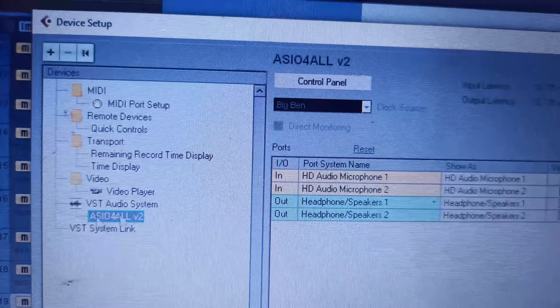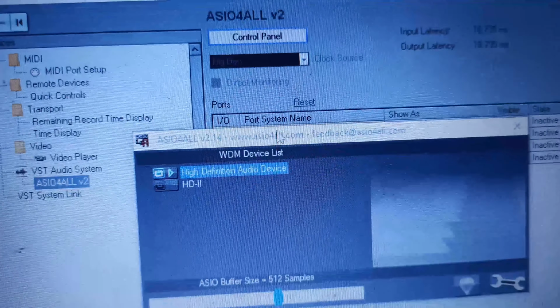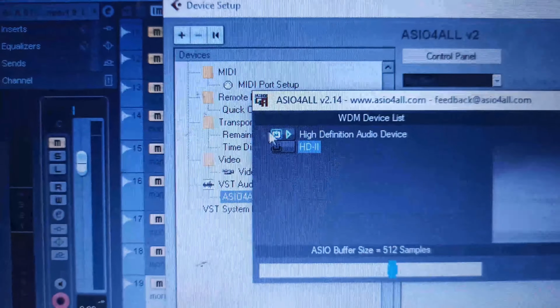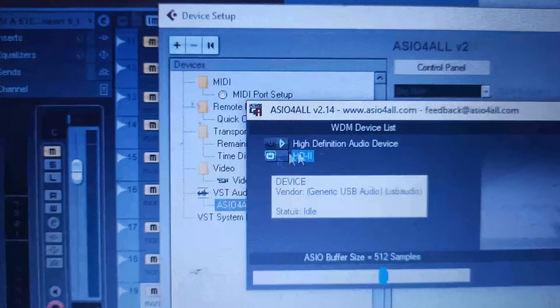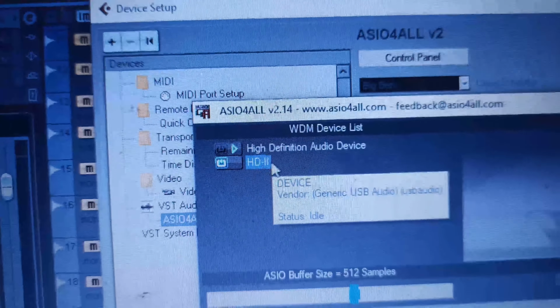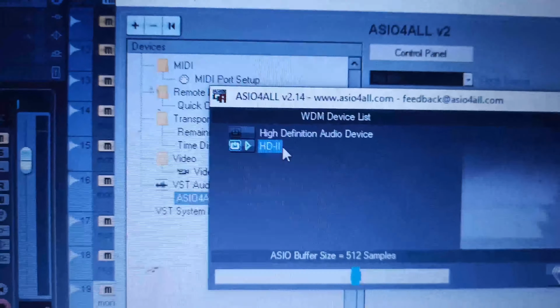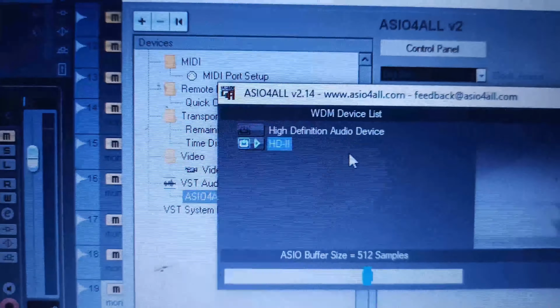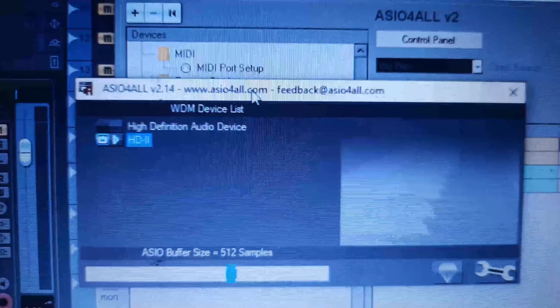Then after clicking ASIO4ALL driver, you go to control panel. Once you get to the control panel right here, what you're going to do next is to switch this one off, and just switch on the one next to it. It's going to be activated as HD2. So the driver installed from the Teyun Q22 is HD2. Then the moment you assign it to HD2 through your ASIO4ALL driver,